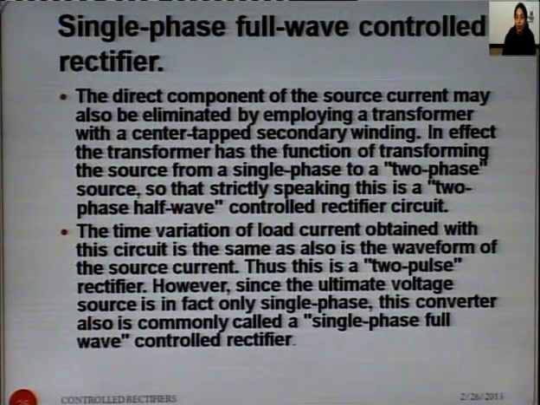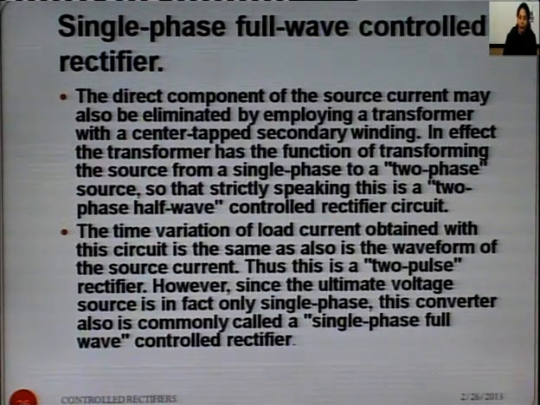Then the DC component of the source current may also be eliminated by employing a transformer. In case of the center tapped full wave rectifier, in the initial stage we are using a transformer. So, by use of a transformer, we can eliminate the DC component, which is a disadvantage in the half wave rectifier, where we are simply employing an SCR, and we are having only load resistance and a simple input AC source. Over there, we have the disadvantage of DC component, which can be eliminated over here by use of a transformer with center tap